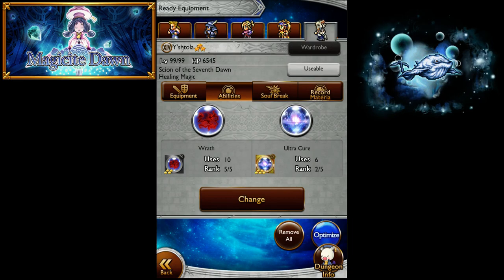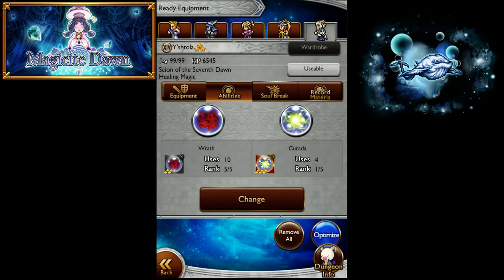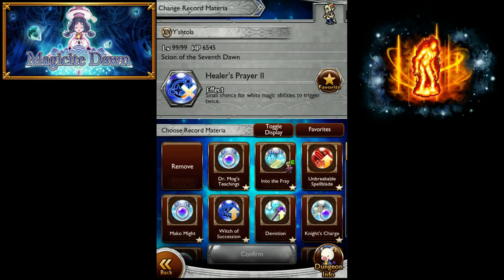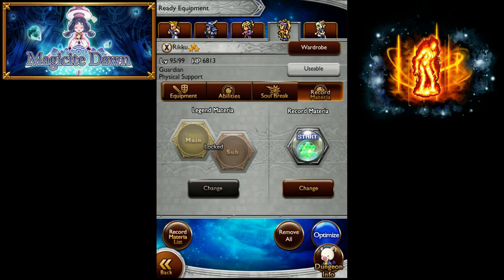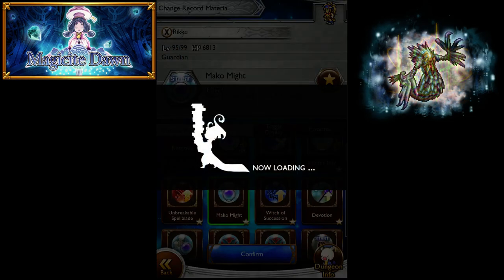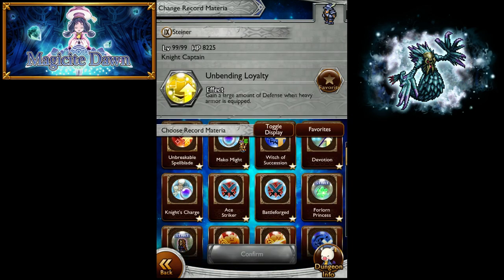Alright, so the way I do this fight, I bring Y'shtola. Y'shtola doesn't use wall at all in this fight, because I have wall from Ilara, our roaming warrior. The way we're planning to do this fight, the plan with this fight...